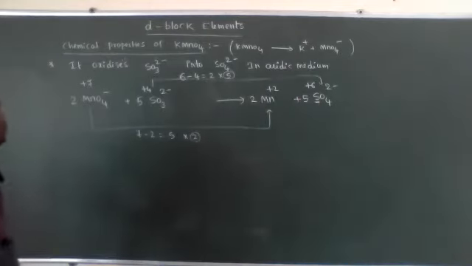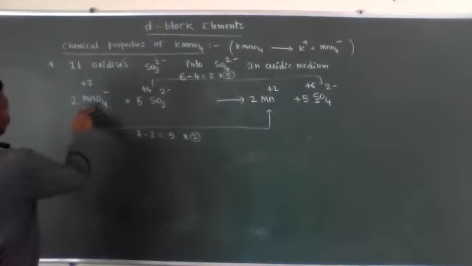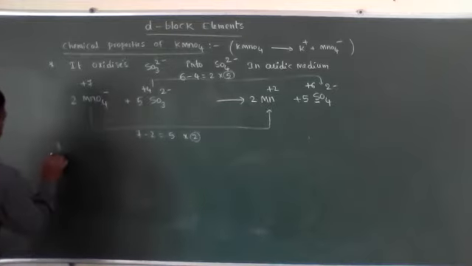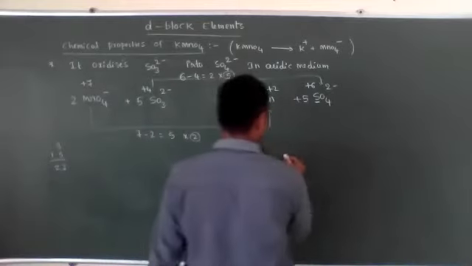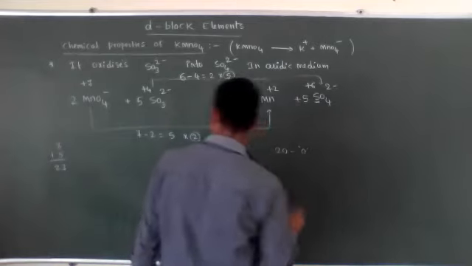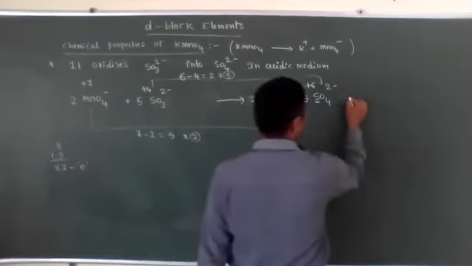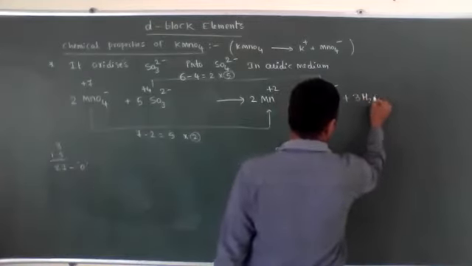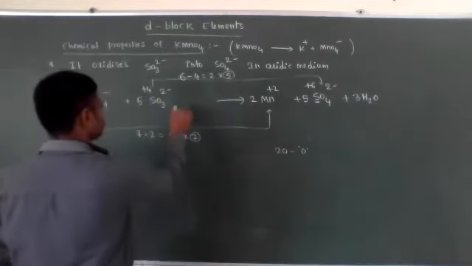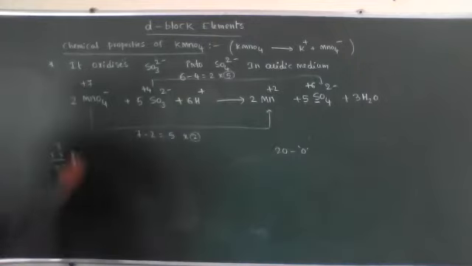Okay. Let's see how many oxygen atoms are present. This side, 4 times 2 is 8, plus 15, how many more? 23. Now this side, 5 times 4 is 20 oxygen atoms are present. So this side 3 oxygen atoms more. That's why on the opposite side we need to add 3 water molecules. Now for balancing of hydrogen atoms we need to add 6H plus. Okay. So now this is the balanced equation.